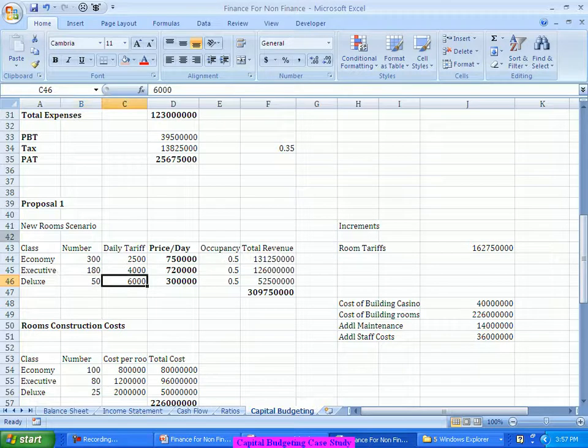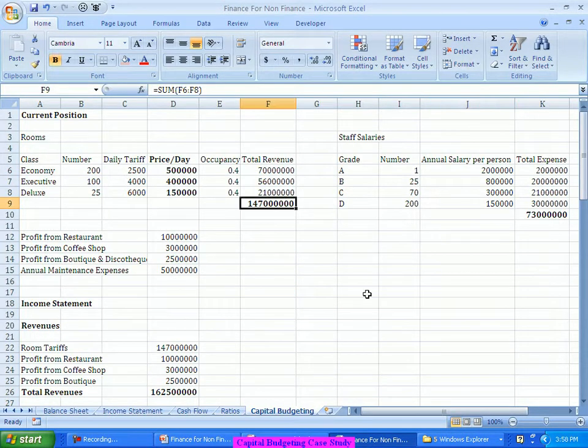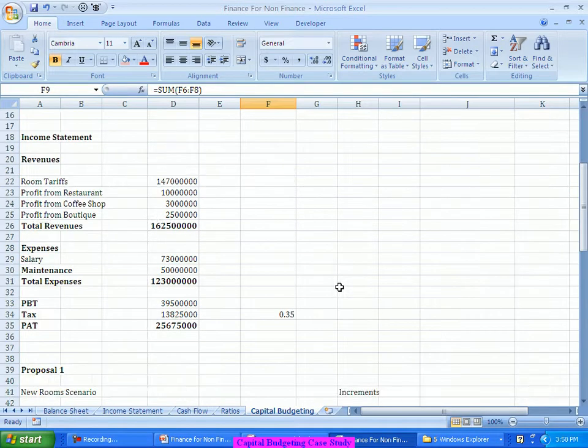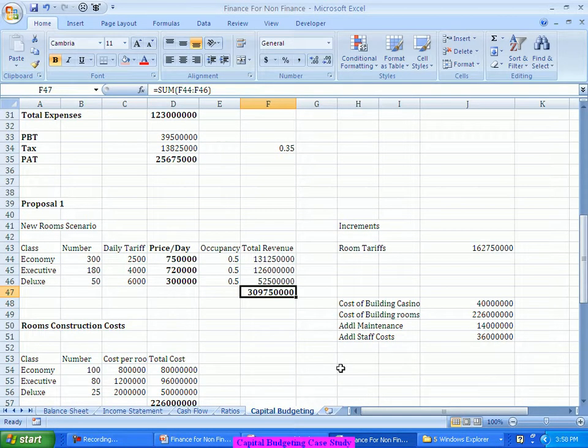Prices are not changed. So this will be your total revenue per day. 50% occupancy. So your overall revenue is going to improve to, as per the expectations of the first consultant, your revenues are going to go up to 30.975 crores because of the new proposal. Which means what are your incremental revenues? This much. From the rooms, earlier he was talking about 14.7 original. But the new is talking about 30.97 crores.